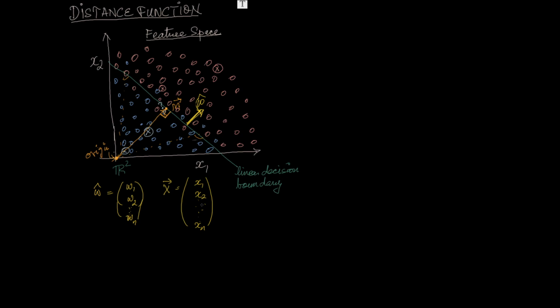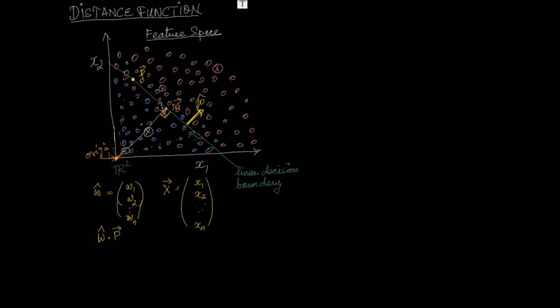Now, let's consider a point that is on the hyperplane, in this particular case, a line. Let's take this point. Let me call a point on the line P. What can we say about P? And the unit vector. There is a crucial observation here, which is that if you dot the unit vector with P,